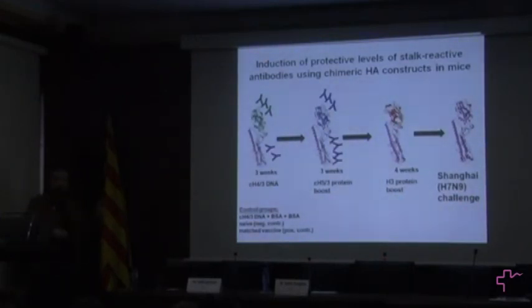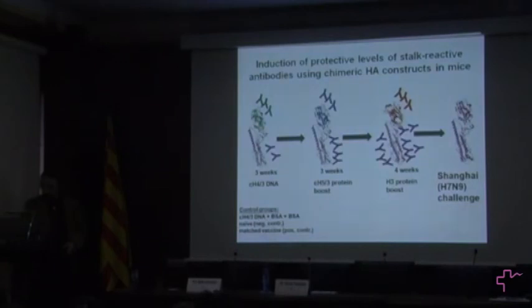So the idea is that the head is immunodominant, so this vaccination will induce many antibodies against the head, but some against the stalk. But the next one will not boost antibodies against the head because it's a completely new head. Now, during natural exposure to influenza virus or during seasonal vaccination, the head almost doesn't change, so you still boost a lot of antibodies against the head. Here we hope that the head is completely naive. You get some antibodies against the head, but now you start to boost the common area of these hemagglutinins, and by the time you have done this three times, you get a lot of antibodies against the stalk that will be able to prevent and neutralize infection with these